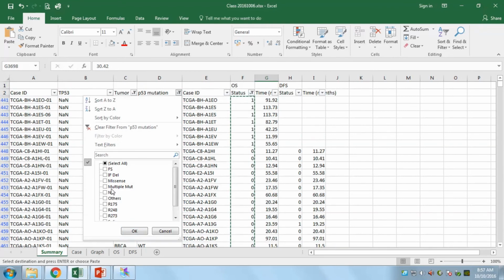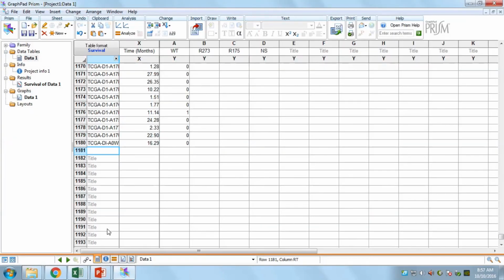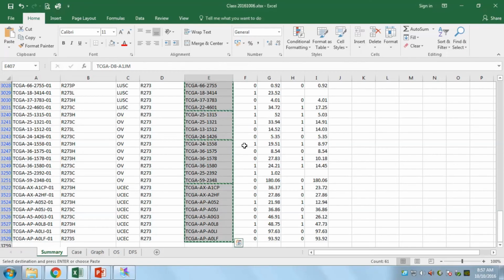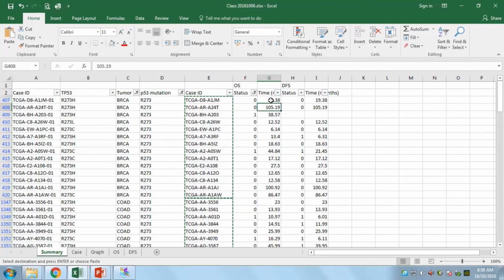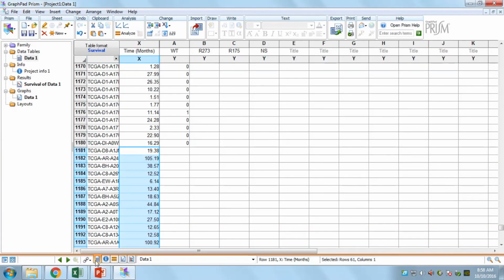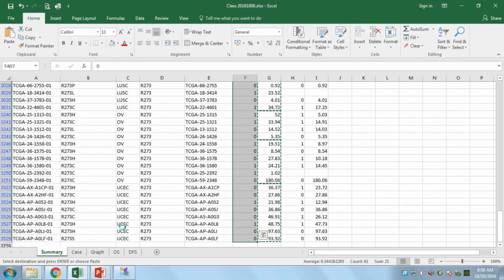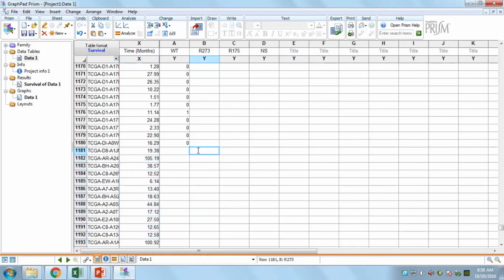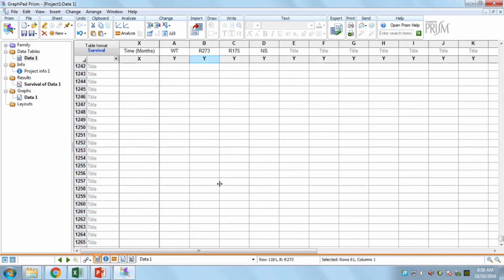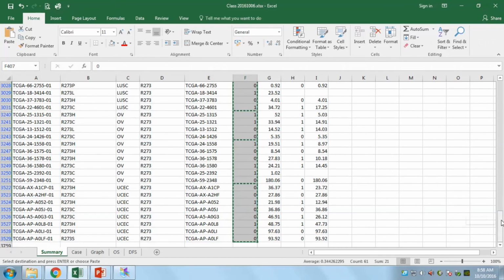Basically, now we are going to change this to R273 only, and you will select the cases. Okay, then you are going to select the time. Then you will the status. Now the status, make sure this time here you are actually input it into the R273 column. All right. So then you would do the same for